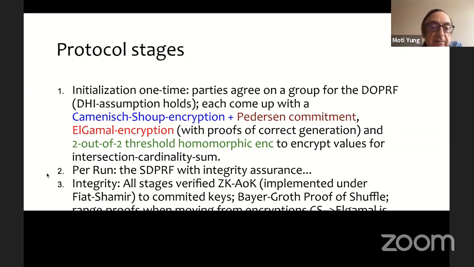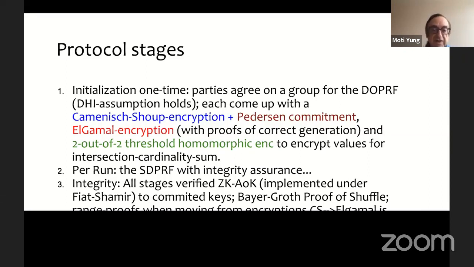Of course, per run, the shuffle DPRF with integrity assurance has to be run on both sets. And only then they can pick the right elements encrypted under the 2 out of 2 threshold homomorphic to calculate the sum, and then each of them has half encrypted, provably half encrypted result.